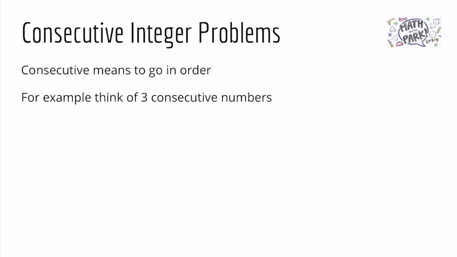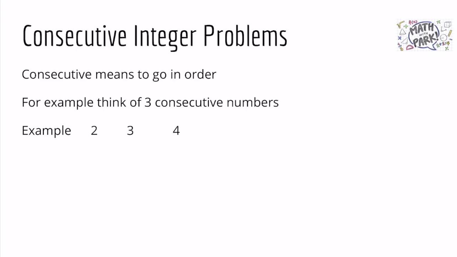So from the previous slide, you saw the word consecutive. So the first question you might want to ask yourself is, what is consecutive? Well, consecutive means to go in order. So right now, I want you to think of 3 consecutive numbers. Any example? So once you thought of the 3 consecutive numbers, for example, 2, 3, and 4, you want to